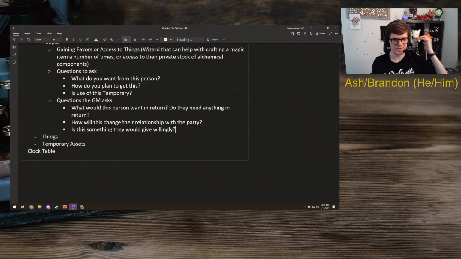Because it may be the wizard doesn't want anyone in their private stock because it's hard to get those items again. So in that case, persuasion's not going to work. You may need to intimidate this wizard into giving you access, or to at least providing a better way to get to it. And that gives the GM some room, because it may be you're not giving exactly what the player wants, but you can give close enough that it's still a success.